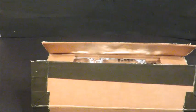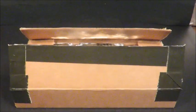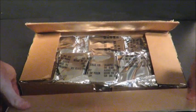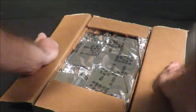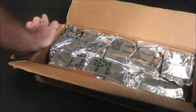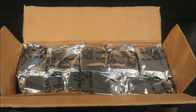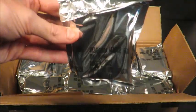And we're about to open this up here and see what we got going on. Now check this out. This is the first time anybody's probably seen this, I'll bet. Look at these babies. Oh yeah, look at that. I might even retape the box shut. It's a beautiful presentation piece. But you can see here, these foil pouches, just like in that picture. This is a little higher def than that little photo. Let's see if we can...